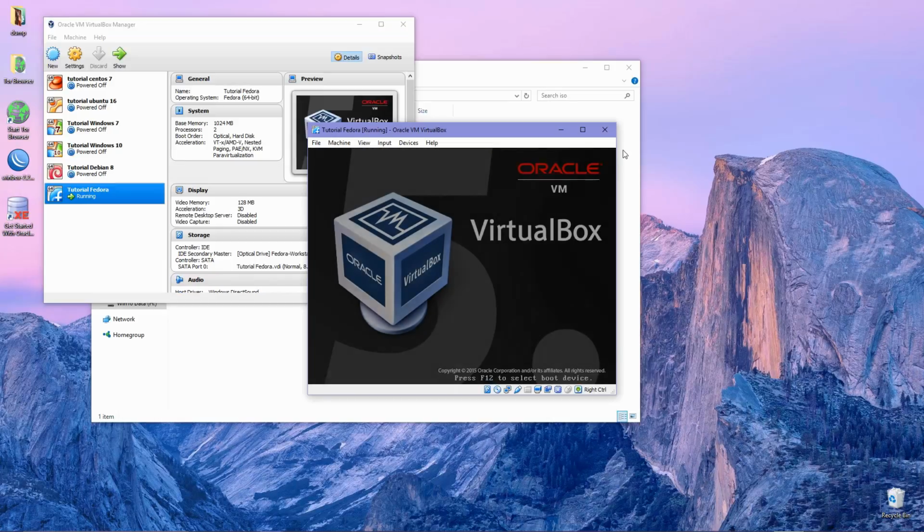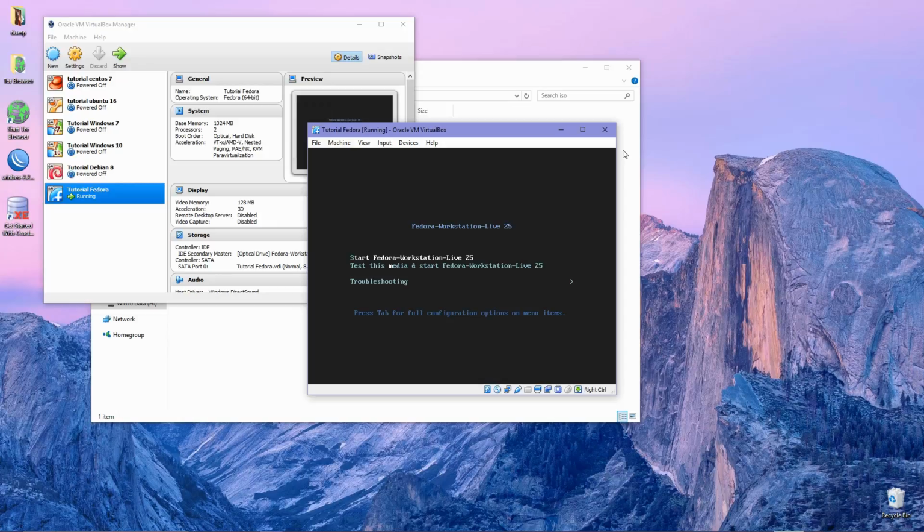Now the installation options appear. Select Start Fedora Workstation Live 25. But if you want to test your media first to make sure the installation does not get any error, then you can choose Test this media and start Fedora Workstation Live 25.